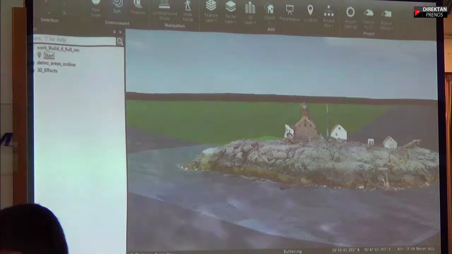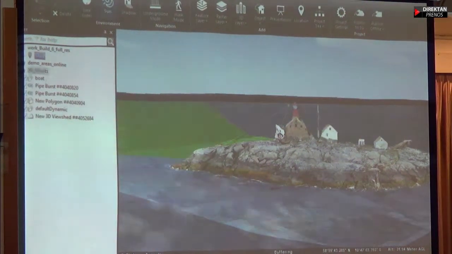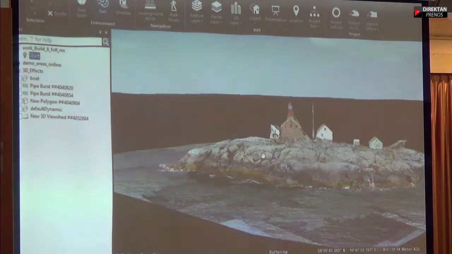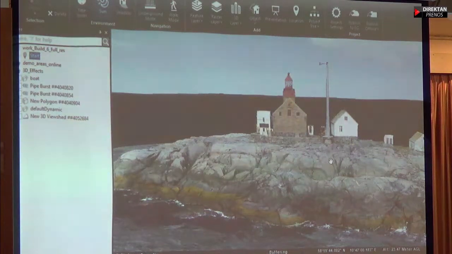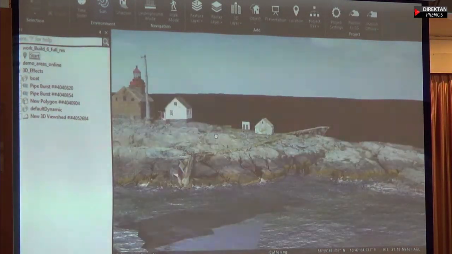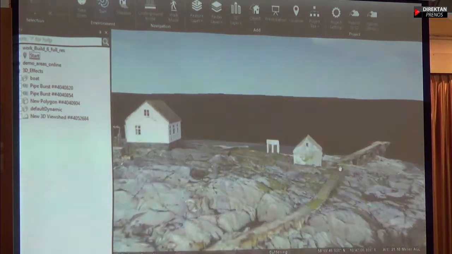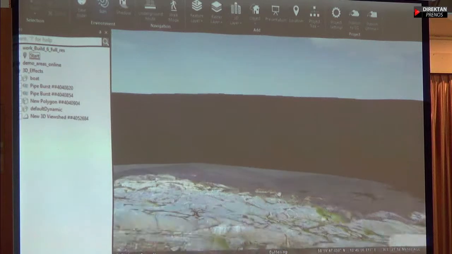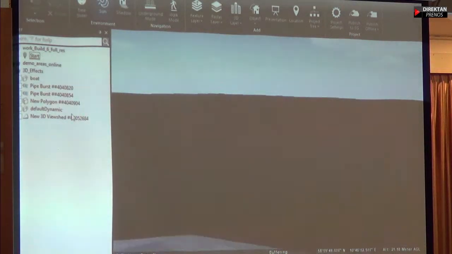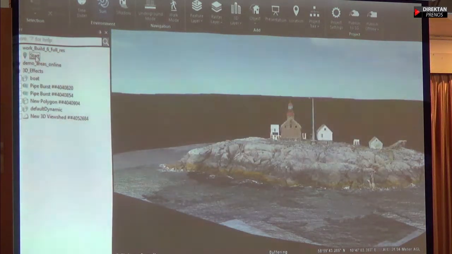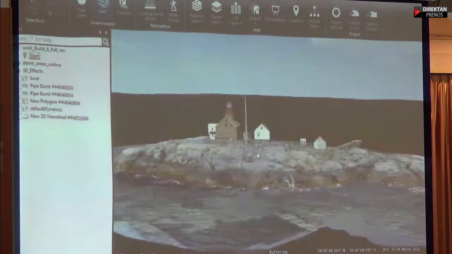So basically, this is a project which has been recently collected by drones. It's in Norway, and the goal was to collect the data of this small island for some demo purposes. It's our partner who is doing the drone deployments in Norway. So that's basically what they collected. And we are now in the environment of Terra Explorer Pro,